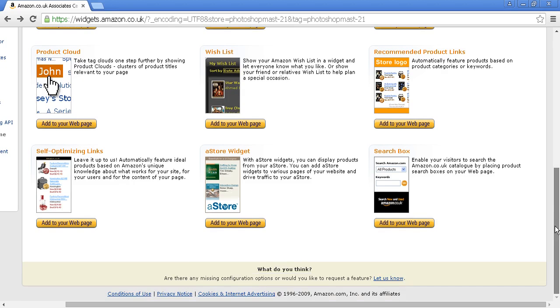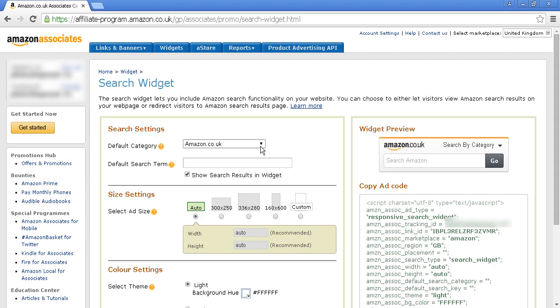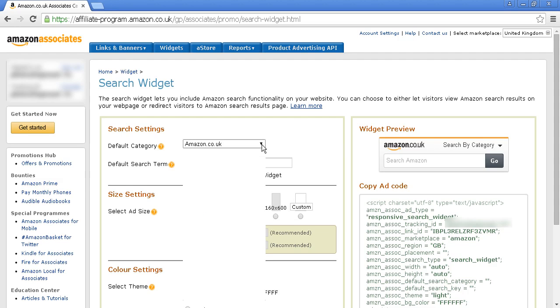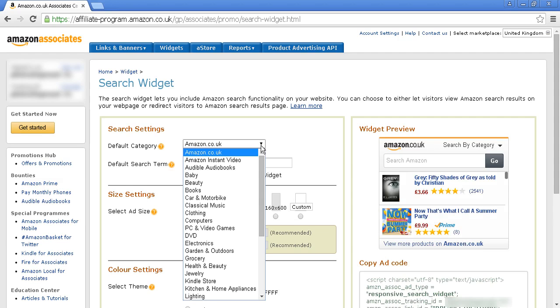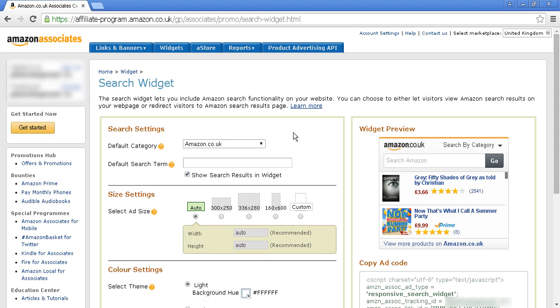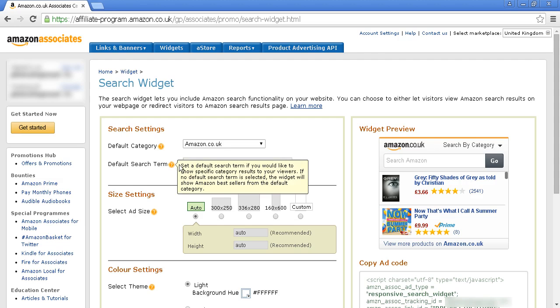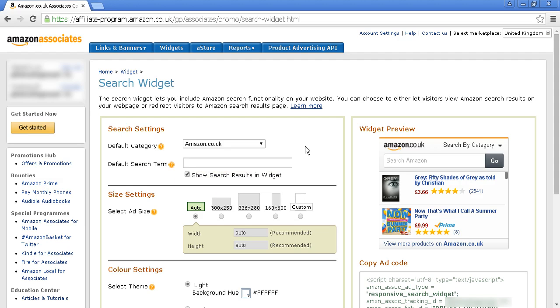And probably the easiest, and I would say my favorite one, is actually the search box. Let me click on that and show you why. What you have is the default category, and you can either have it as the main Amazon site, or you can have it as Amazon Instant Video, or you can go to a particular category. For example, books or whatever. I'm going to leave it at the default category. And then the default search term, which you can enter in if you want specific category results to your viewers. So let's say fitness,